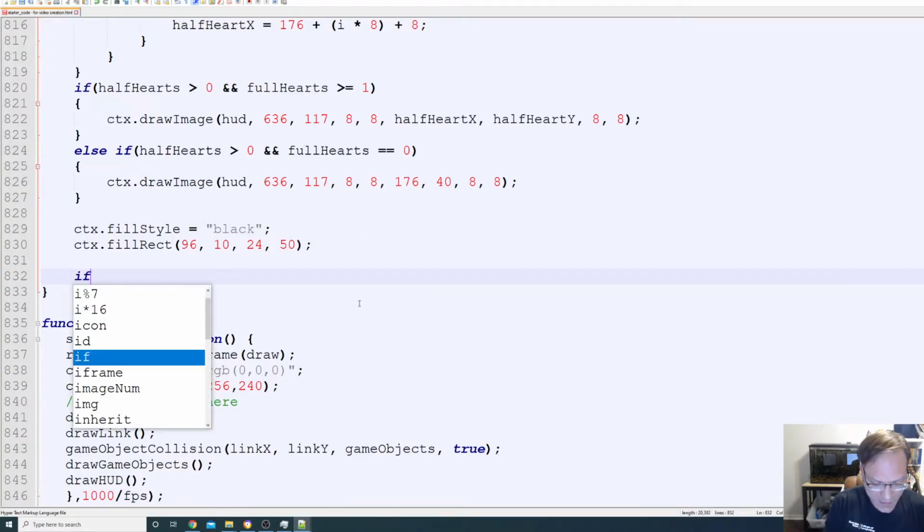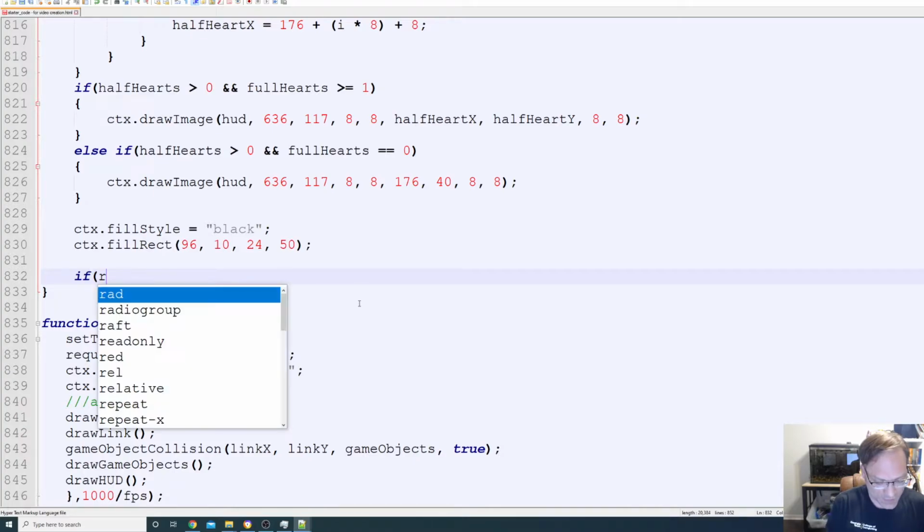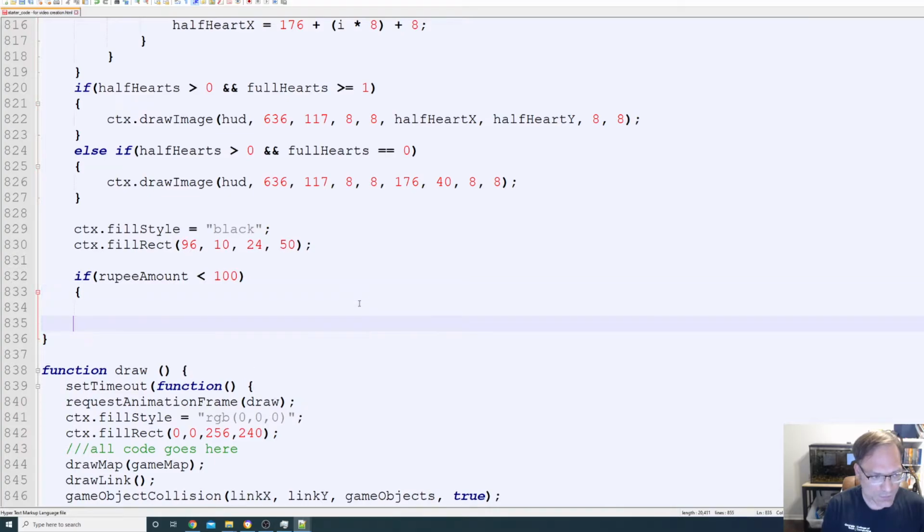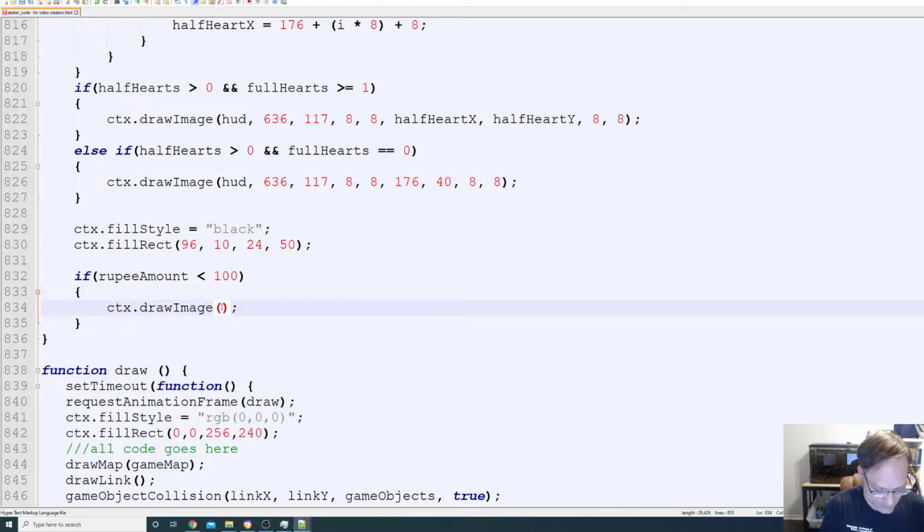So let's just go ahead and draw rupee values that are less than 100. So if it's less than 100, we want to draw that little X to begin with. So we have ctx.drawImage, and we're going to be drawing from the HUD sprite sheet, and that X is located at 117. It is 8 by 8, and we want to draw it at 96, 16, 8 by 8. Okay, and